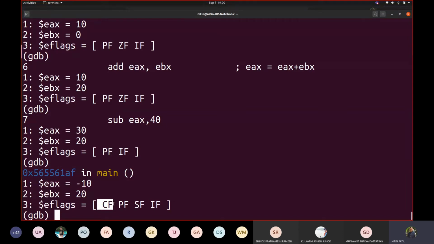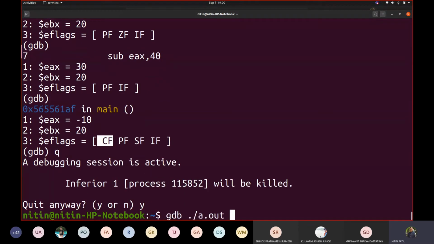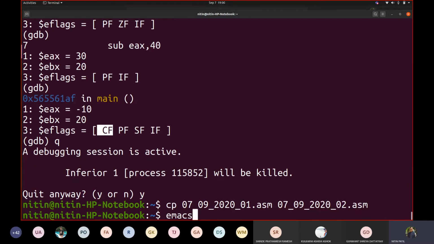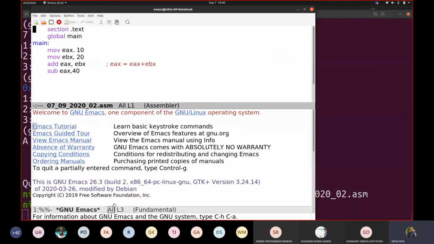So I want you to play with these flags and try to find out. I will show you a few instructions which you have to make use of after today's session. So let us copy this code. We add, subtract, then let us type XOR EBX comma EBX.